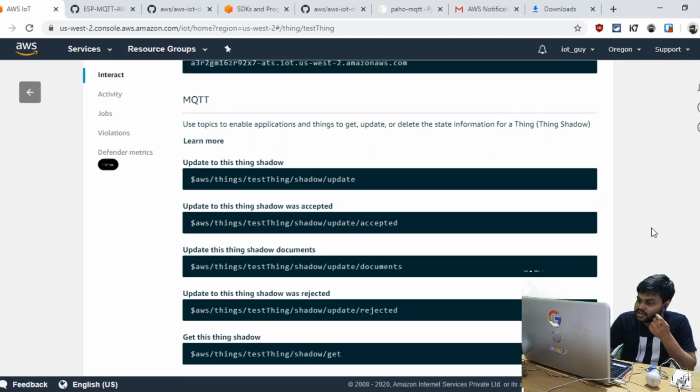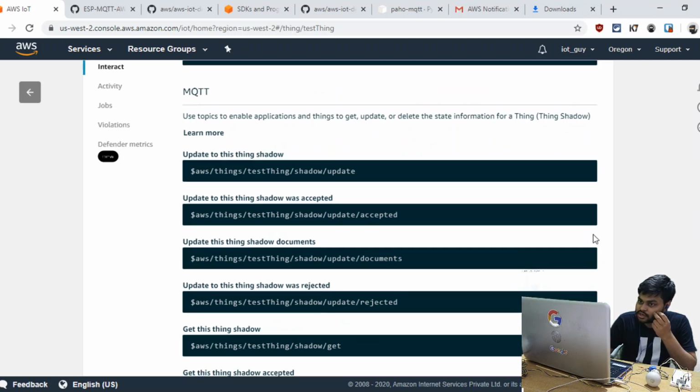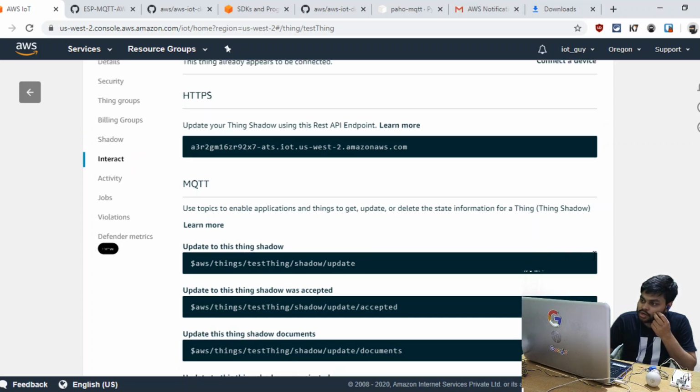You can send various types of data on these topics, and these topics will store that data. The second use of Thing Shadow is that it gives us an HTTP interface, or RESTful API interface, to communicate.